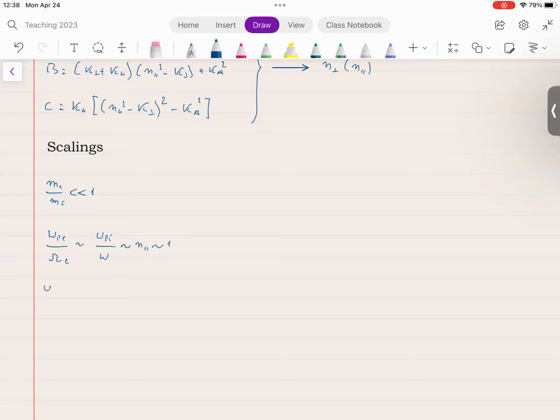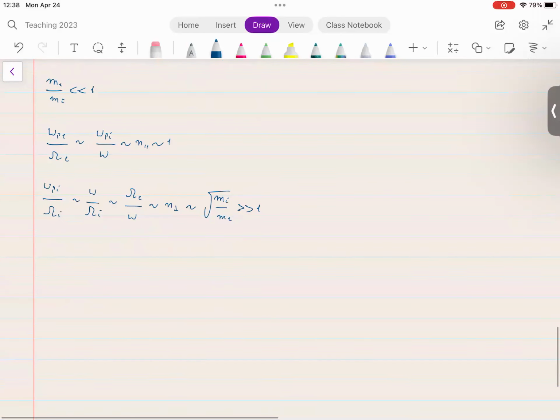Well, omega plasma ions over omega ions is of order of omega over omega ions, which is the order of omega cyclotron electrons over omega wave frequency, order n perp, and this is going to be large. Okay, then if I make these assumptions,